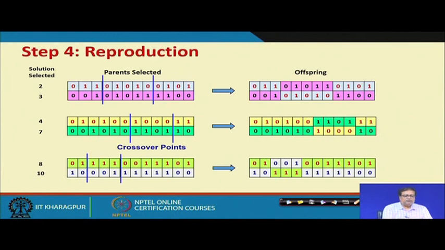So, here is an example. Supposing in these 2 and 3, this is how the offsprings are created. 0 1 1, then 0 1 0 1 1, then 0 1 0 1, here 0 0 1, then 0 1 0 1 1 and 1 1 0 0. These two again have different crossover sites. You can see the offsprings, and for 8 and 10 again you see these are the crossover sites. So, they are actually crossed over. This is how the offsprings are obtained from the parents. So, these are some examples of crossover.